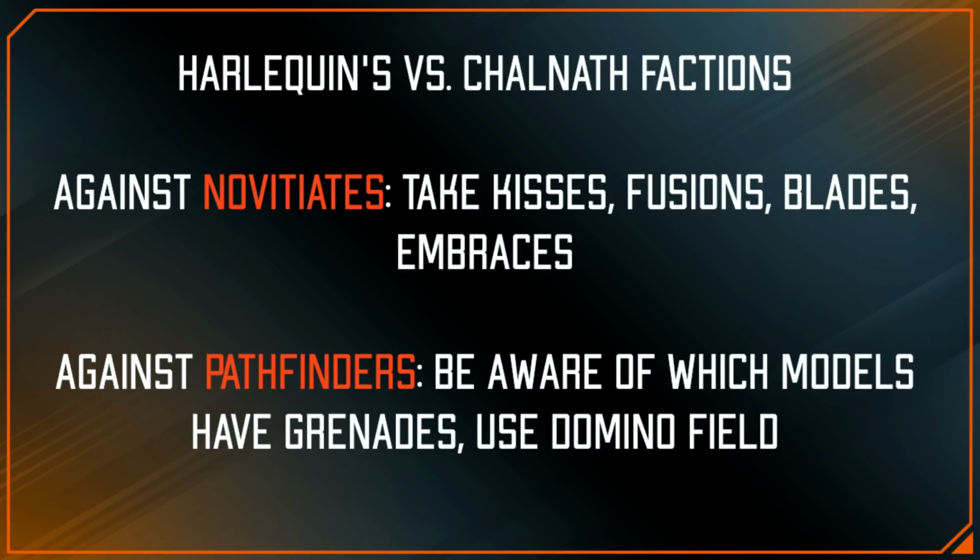take the fusion, because the thing about the Novitiates is they get all these free rerolls with their faith points. So AP1 might not actually be enough to cut it if they're basically guaranteeing they're going to make 2 saves. The best way to avoid that is to take the fusion and just not give them more than a single save. And then if you get 3 hits, they just die for sure. So I liked doing that, taking Harlequin's Kisses just for the upside of one-shotting, and then filling the rest out